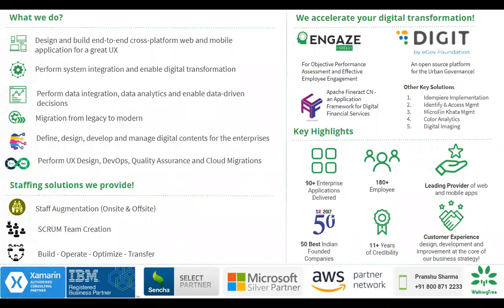Apart from end-to-end application development, we also provide custom solutions to enterprises for web and mobile, very specific services within the software development cycle: UI, UX design, microservices, DevOps, and cloud. Our flexible staff augmentation services provide clients with on-demand skills and resources to help meet organizational and business objectives. Lastly, we also help you to implement certain solutions like employee assessment. We are also one of the key partners for implementation of Digit, which is an open source platform for urban